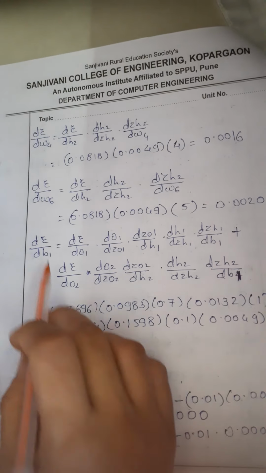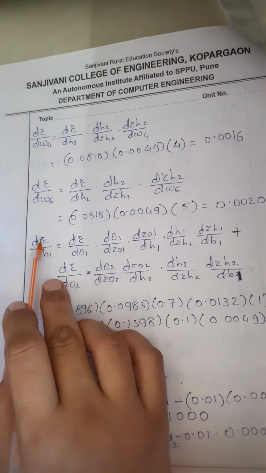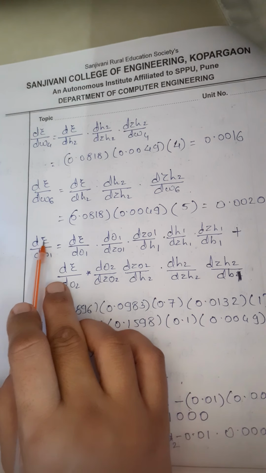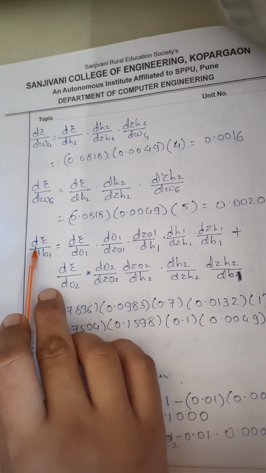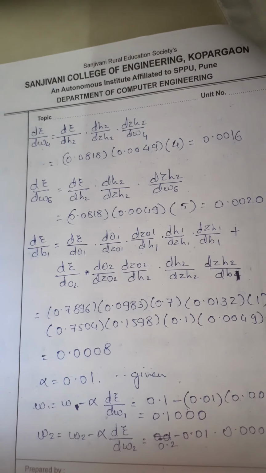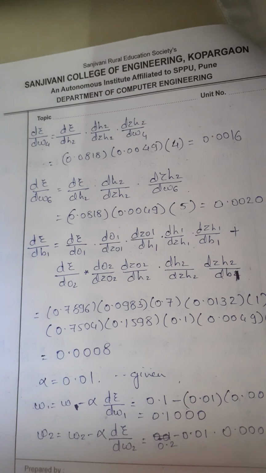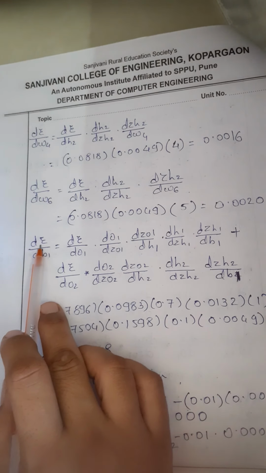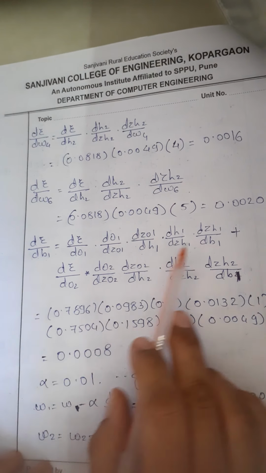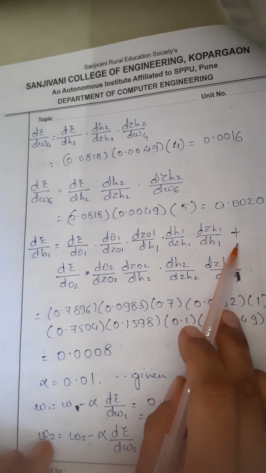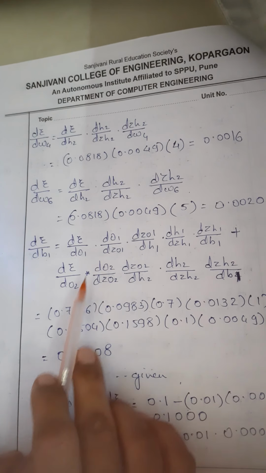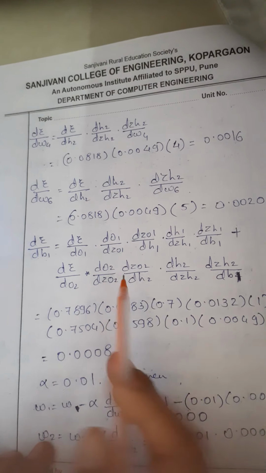After this, the last part remaining is to find the error with respect to B1. Previously, when we were talking about the output layer, we had done it with respect to B2, right? Because B2 was affecting the output. Now B1 is affecting H1 and H2 both, so we have to find it with respect to B1. Two terms will be there because O1 and O2 both come into the picture. It affects O1 and it affects O2 also.